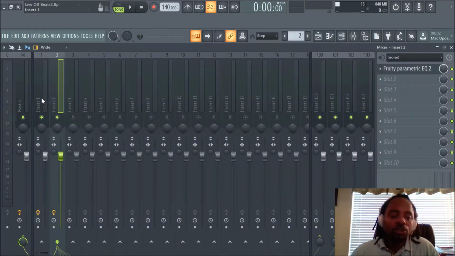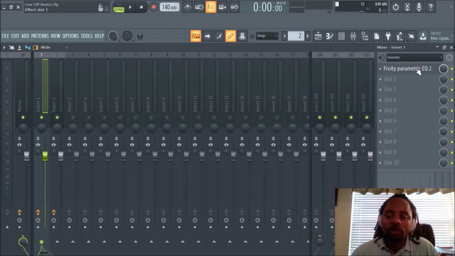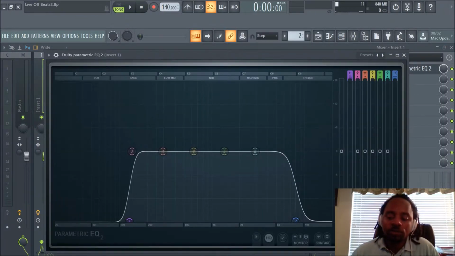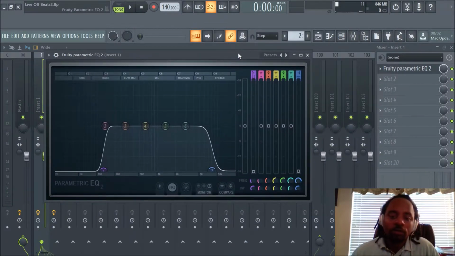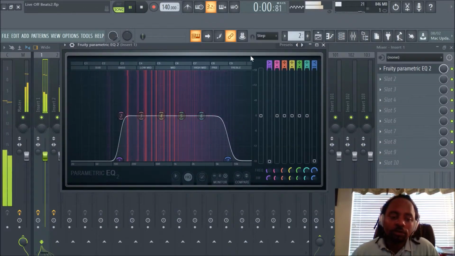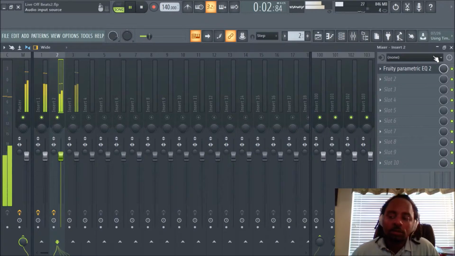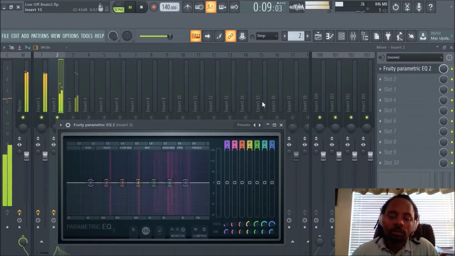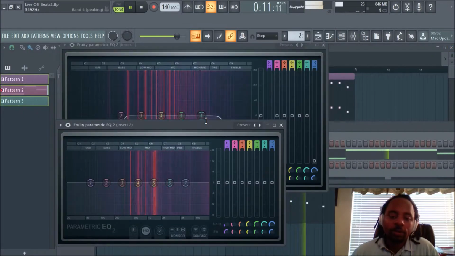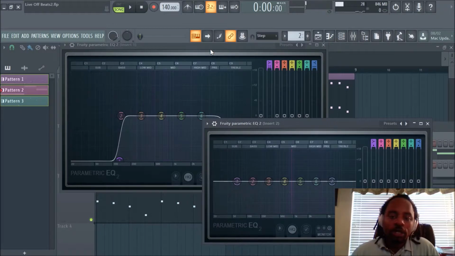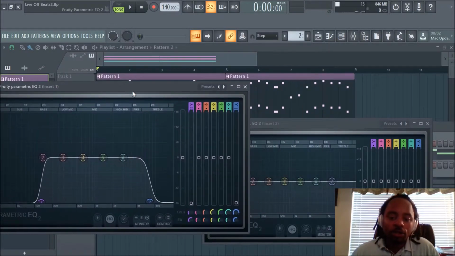So what you want to do, you can kind of compare sounds. For instance, we'll do this. I think I can do this. I did it before. There we go. So now I have both EQ2s open,